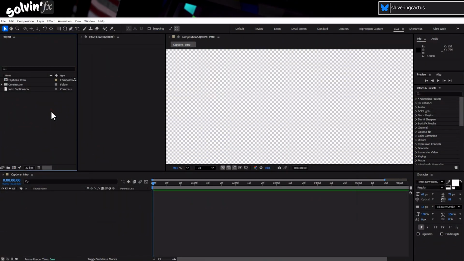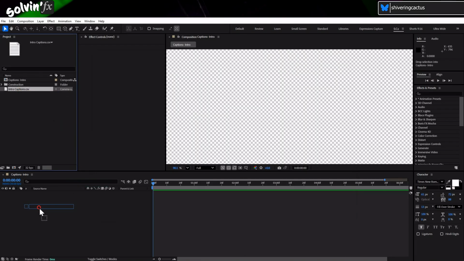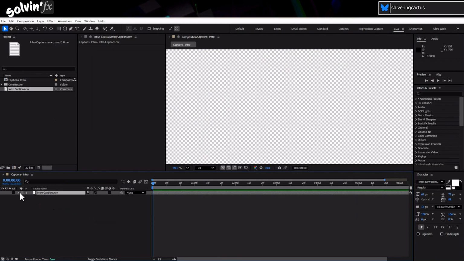Here's my CSV file from Premiere Pro. Each block of text has its own start and end timecode, which is our trigger. But there's a catch. Premiere Pro thinks in hours, minutes, seconds, and frames, while After Effects works in just seconds. If your CSV file is already using raw seconds, you're lucky and can skip the conversion part I'll cover in